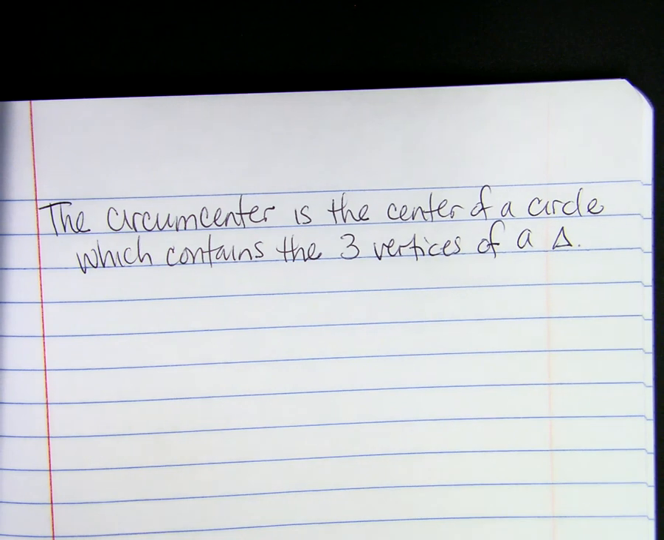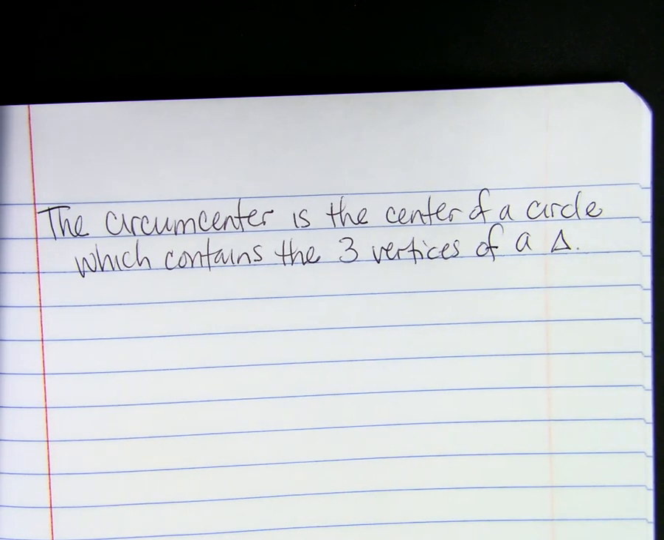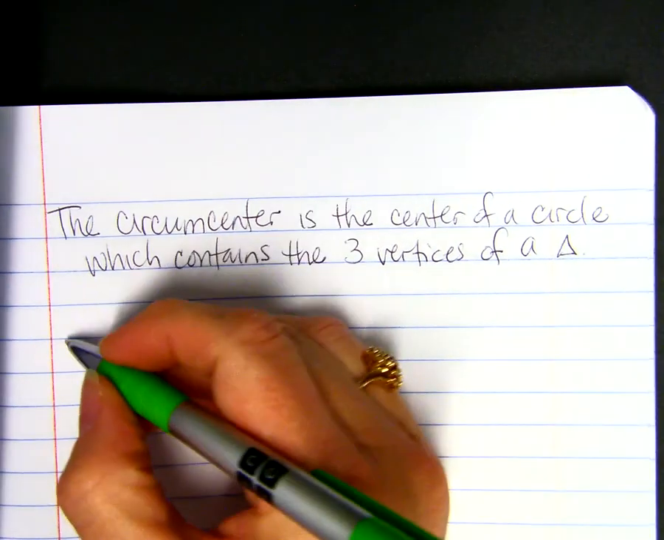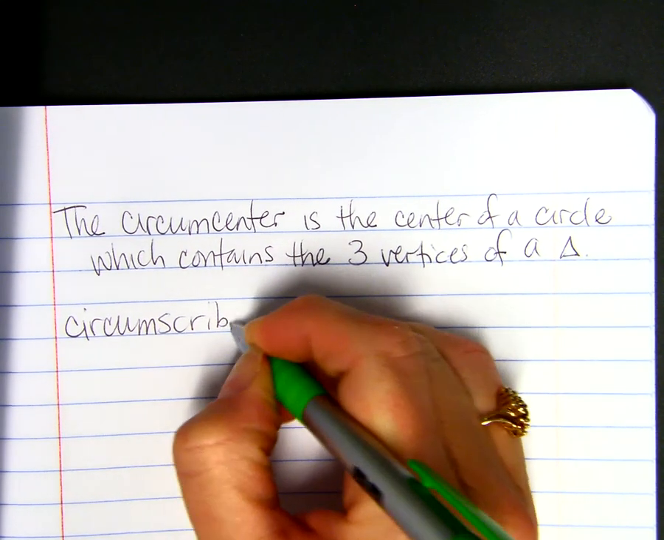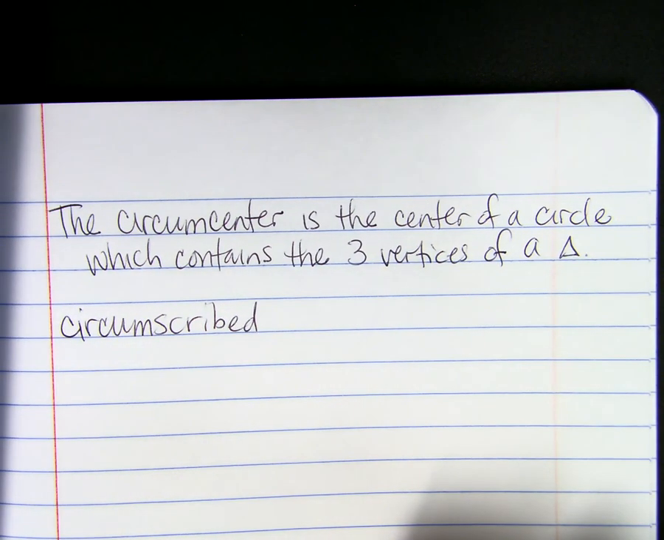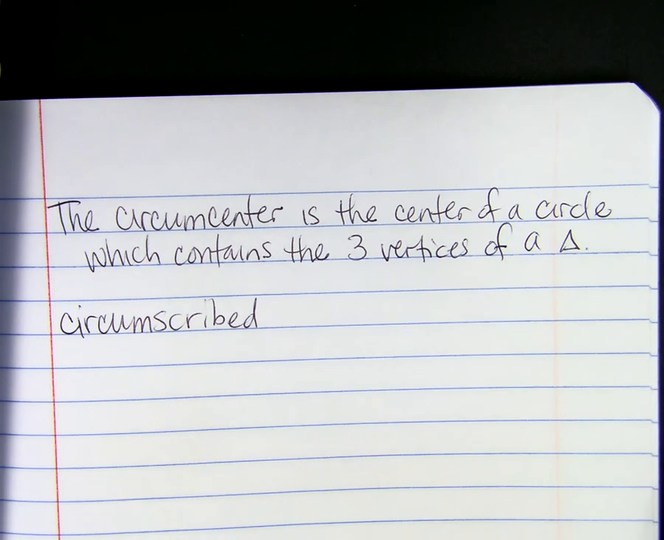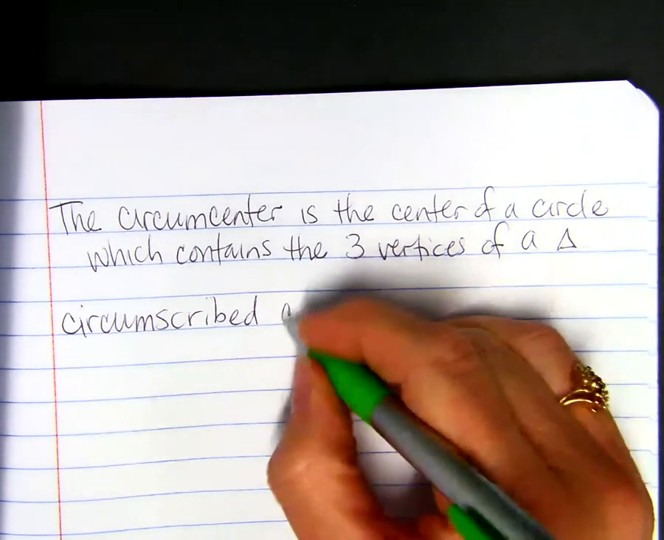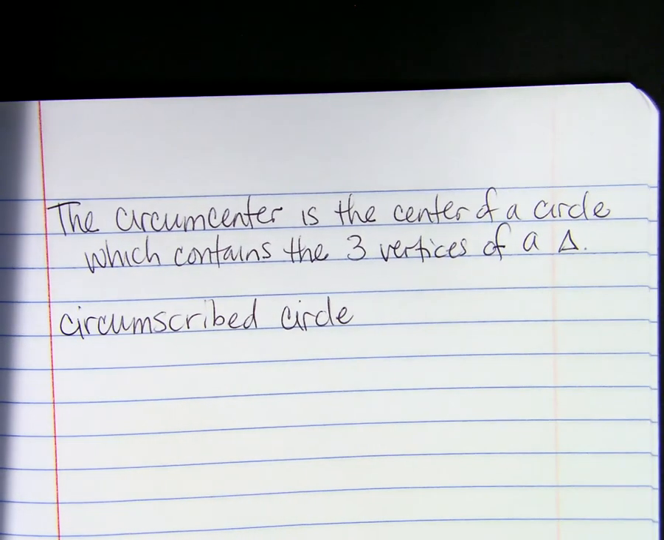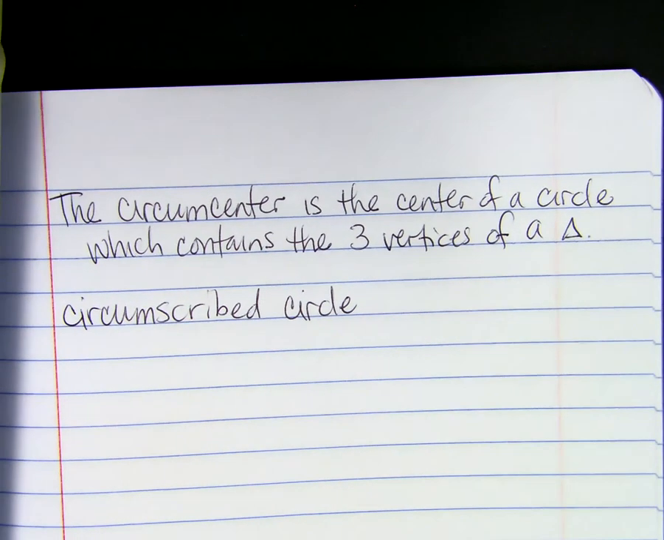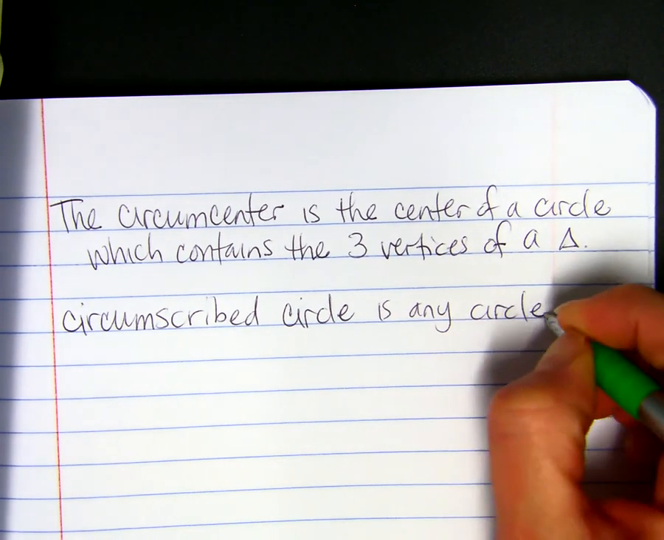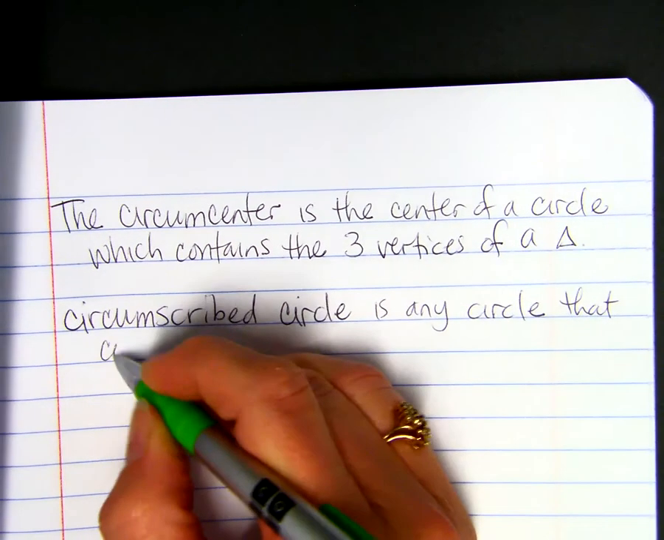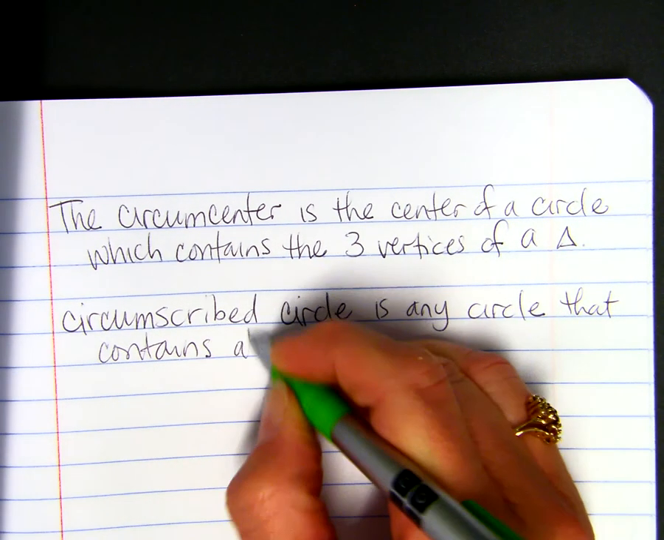So we're going to go over real quick, circumscribed and inscribed. So a circumscribed, we're going to just say circumscribed circle, but you can have like a circumscribed polygon also if you have a circle inside of a polygon. So a circumscribed circle is any circle that contains all the vertices